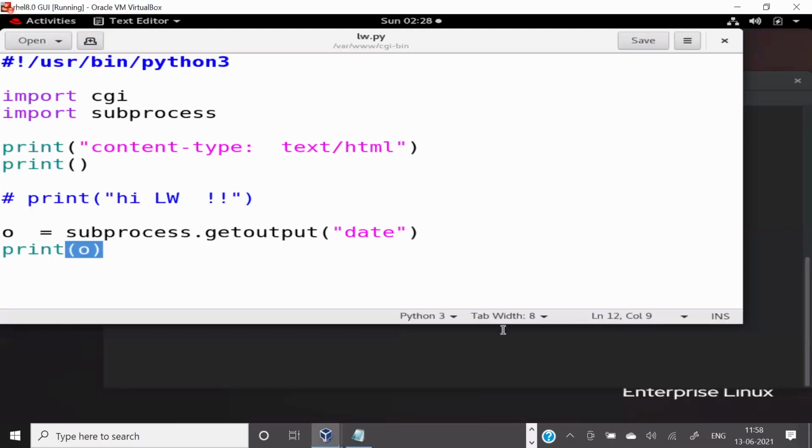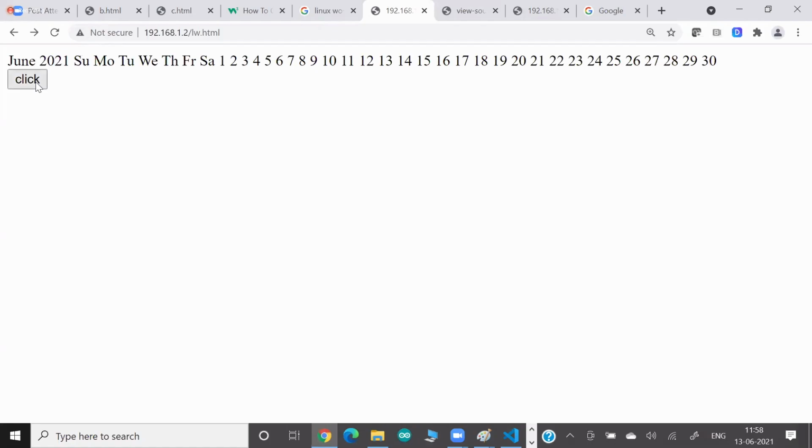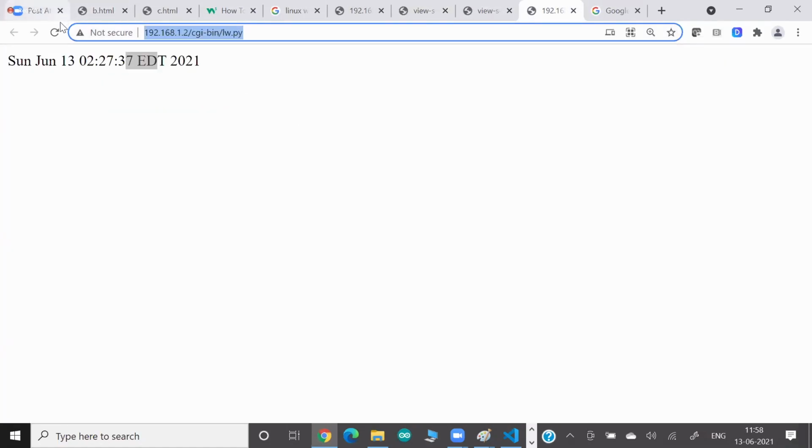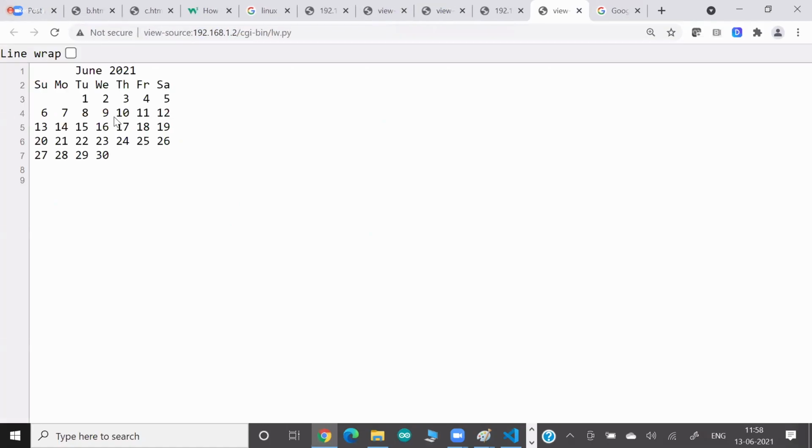Let me make one small change. Maybe you don't want the date command, you want the cal command. So I click, and the cal output comes. You see here, if I refresh this, the cal output normally comes in this format. But you guys know about HTML. Whatever you present in HTML, every new line becomes a single line. But if you want to print the output as is, as it's coming from the server,